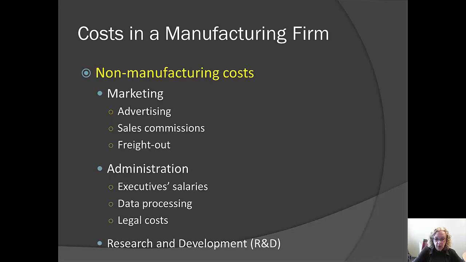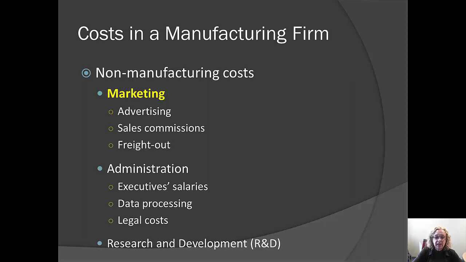A firm also has non-manufacturing costs, things that the firm does that they need to do but are not directly associated with manufacturing their product. One category is marketing costs, like advertising, sales commissions, and freight out. Another category is